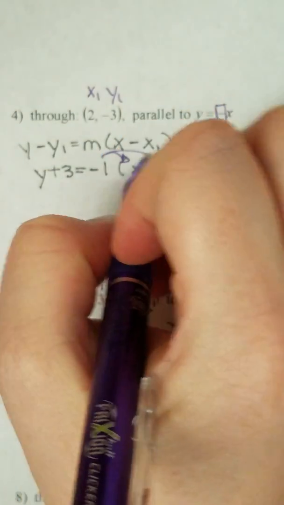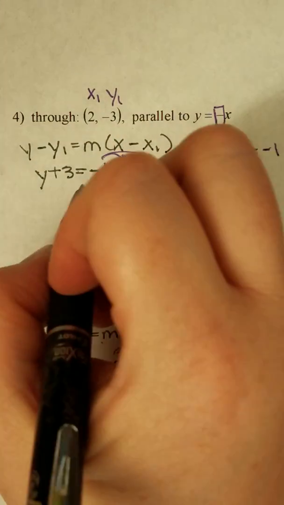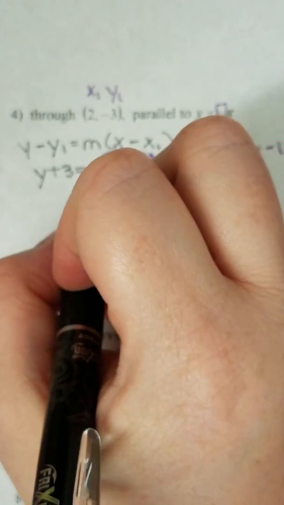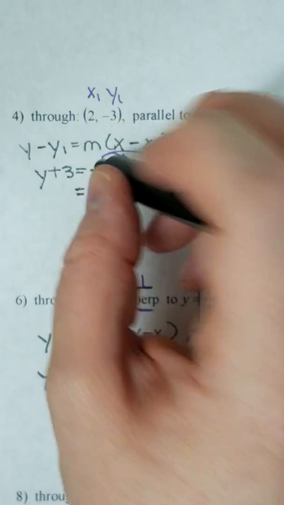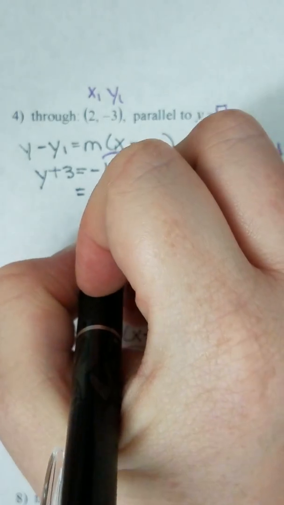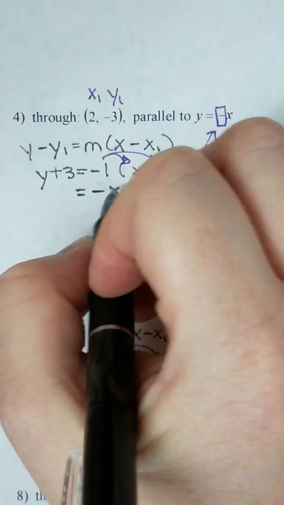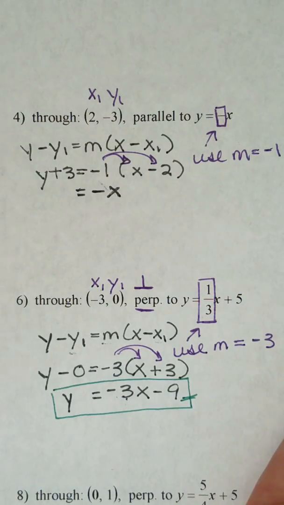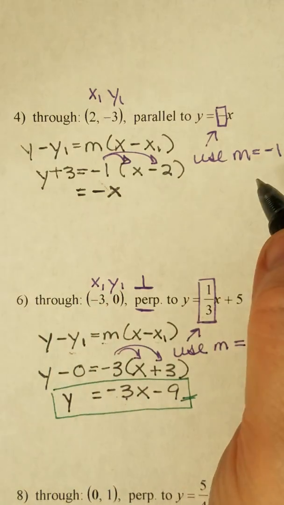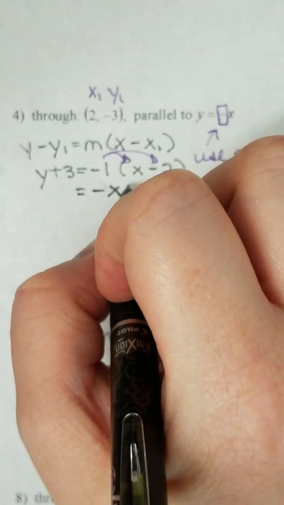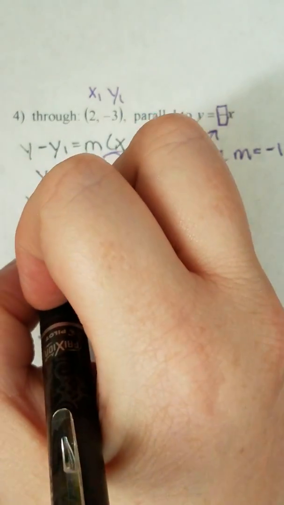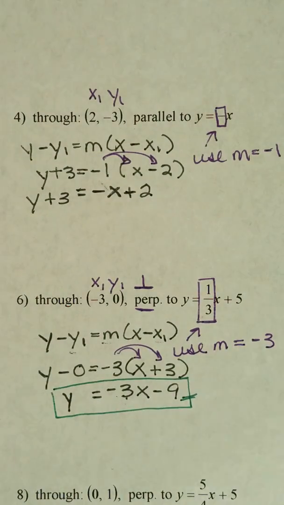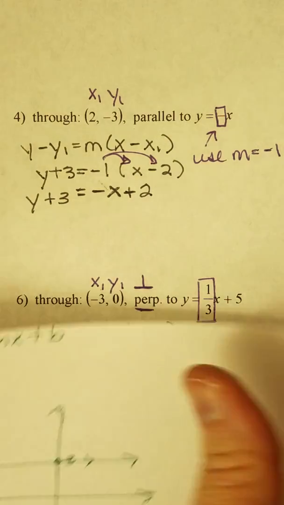So now I'm going to distribute, or as you know I like to say in class, distribute. I'm going to distribute the negative, and you don't have to put the -1. Again, I wouldn't mark you wrong on a test if you did that, but we really don't put the 1 there. It's invisible, it's understood to be there, so kind of get used to seeing that. So I'm just going to put -x, and then -1 times -2 is going to be a positive 2. I'm going to carry down what I have there,